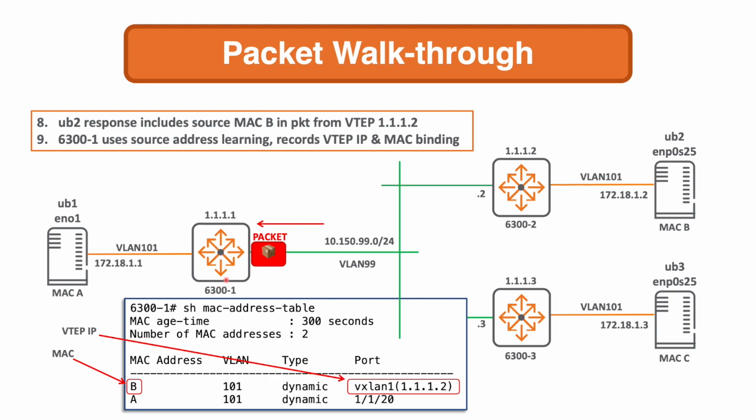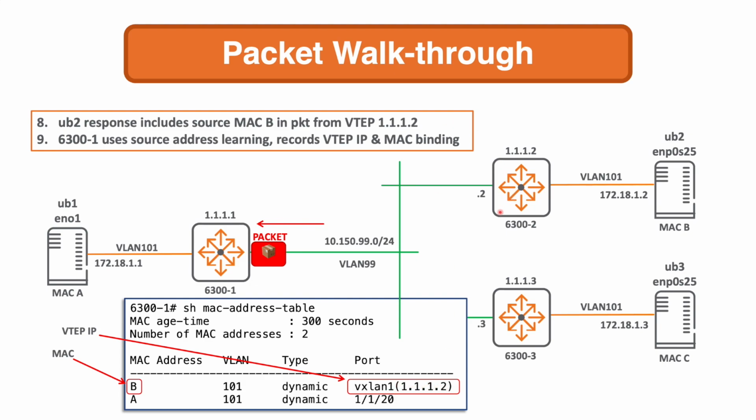It will record it for future reference. It will record the VTEP IP and MAC binding. And you can see this on an Aruba AOS-CX device in the show MAC address table. So here's an example of one from 6300-1. I've simplified it, of course, with the MAC address. Here we have the MAC, so MAC-B from UB2, and the port that it's learned on. So the port obviously is going to be VXLAN 1, but here's that vital information. It's the VTEP IP address next to it,